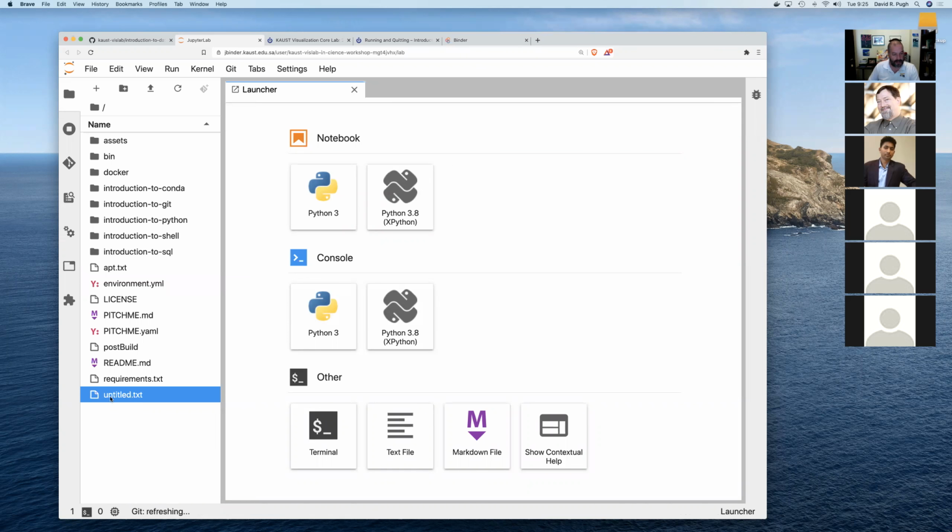So I'm just going to delete it. I'll be prompted, do you want to permanently delete this? Delete. So instead, what I'm going to do is navigate into the Introduction to Python directory. And then within the Introduction to Python directory, I have sketched out a